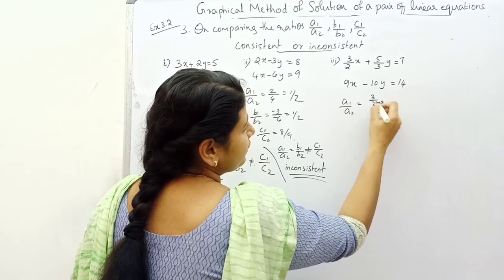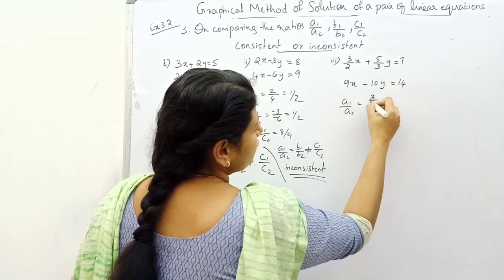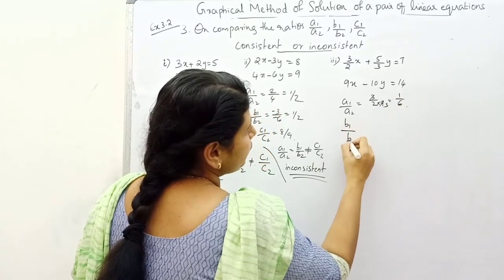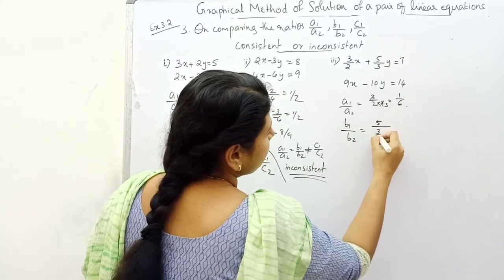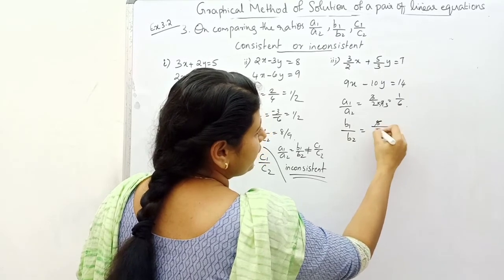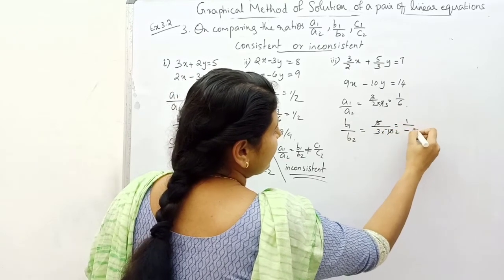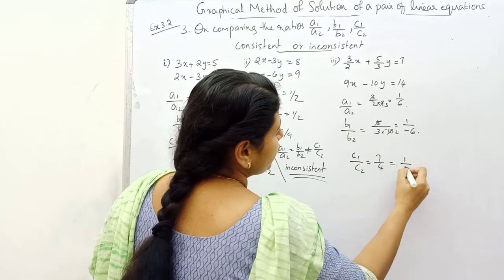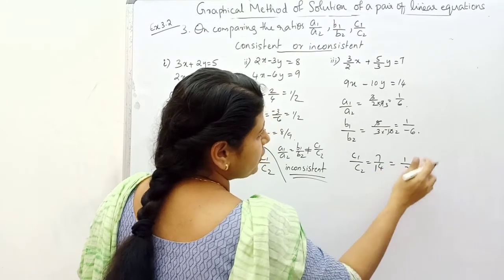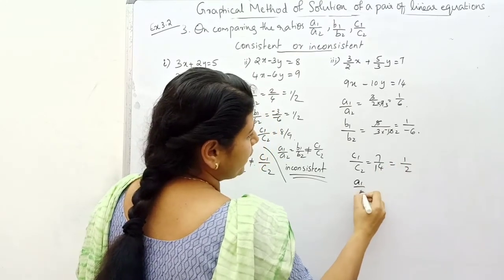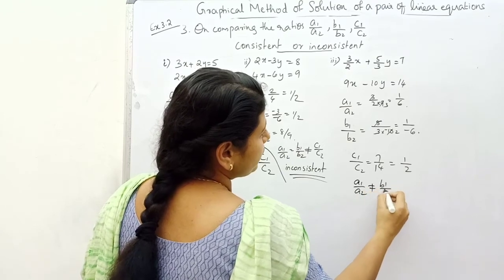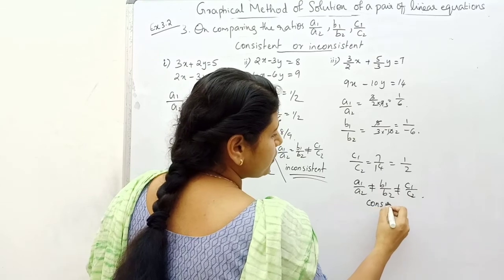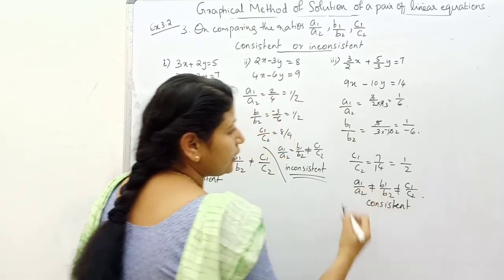Okay. Third one, here a1 by a2 will be 3 by 2 by 9. So we can write 9 here, 3 by 2 by 9, which is 3 and 9 will go, 1 by 6. b1 by b2 also 5 by 3 by negative 10. You can write negative 10 here. It will be negative 2, 1 by negative 6 you will get. And c1 by c2, which is 7 by 4, which is 1 by 7 by 14, which is 1 by 2. So here a1 by a2 not equal to b1 by b2 not equal to c1 by c2. So this is also consistent, a unique solution you can find out from these linear equations.